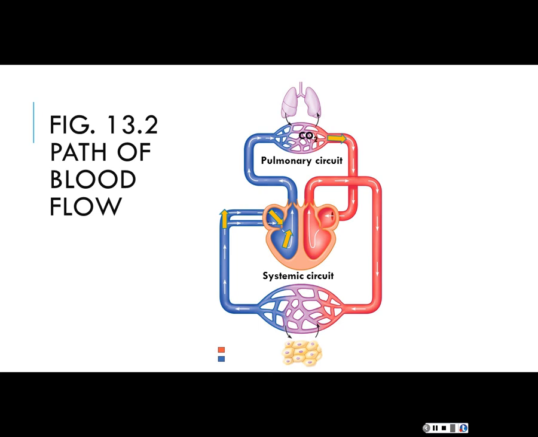We pick up oxygen and get rid of carbon dioxide. Good. We're going to pick up oxygen, and we're going to drop off carbon dioxide. So carbon dioxide is going to diffuse into the lungs, and oxygen will diffuse from the lungs into the pulmonary circuit. Okay, so we're kind of refreshing. The blood will then transport from the pulmonary circuit to